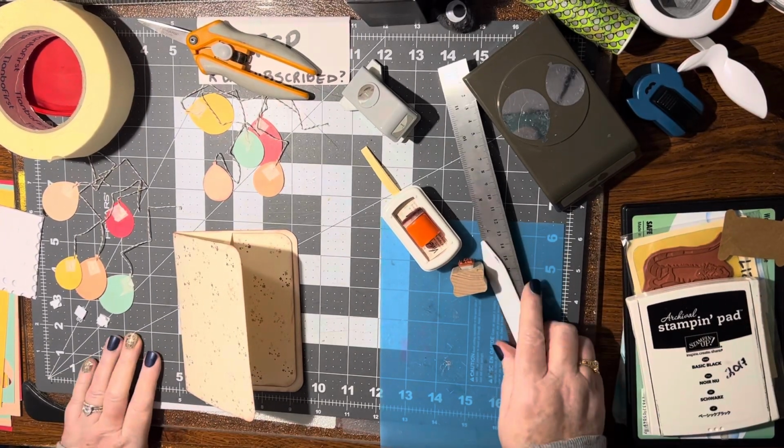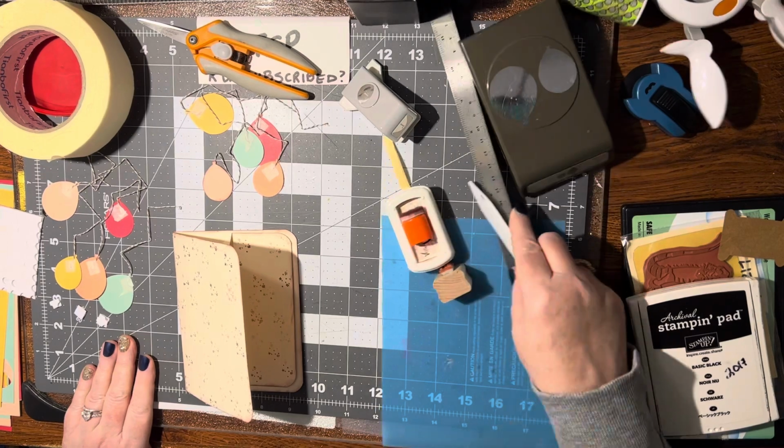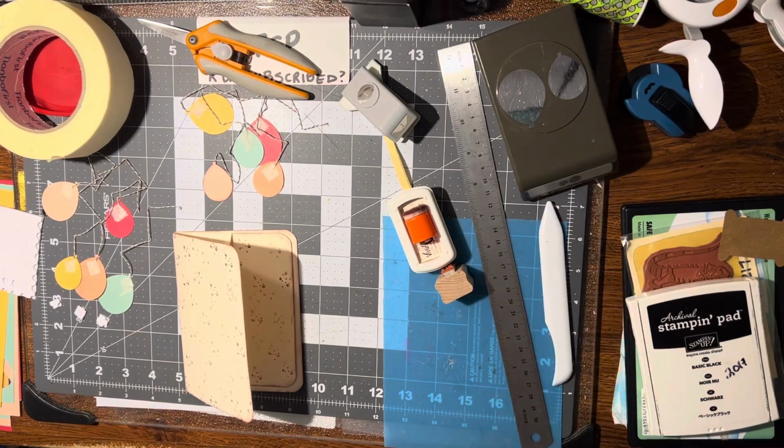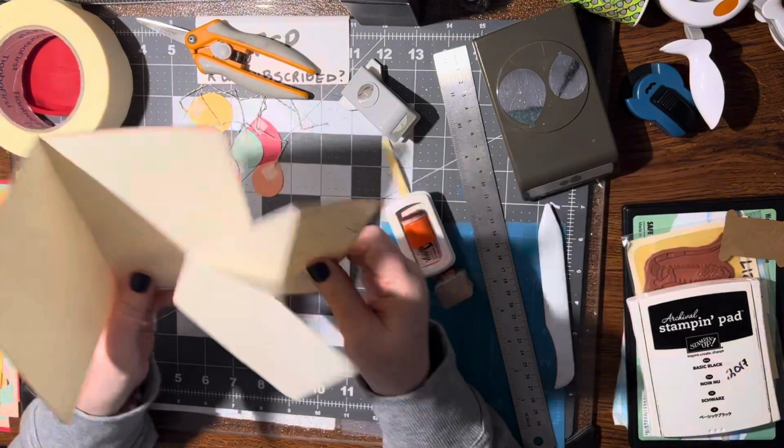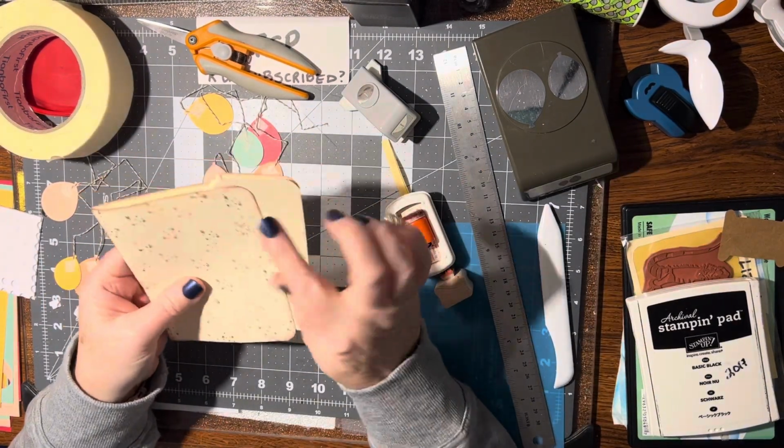Hello. Today we're going to make a pop-up card. Alrighty. So, first things first, I took 2 thin pieces of cardstock, and both of them I rounded just